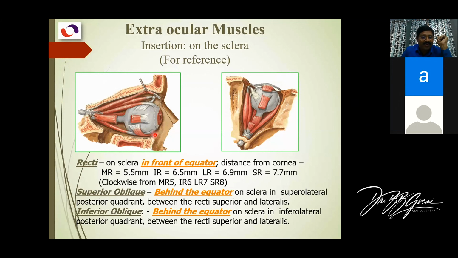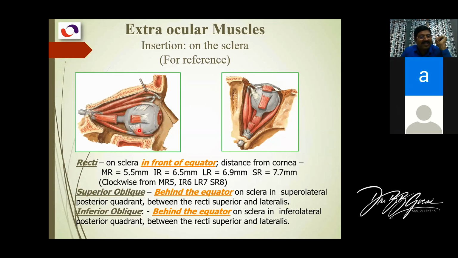This is the inferior oblique. It comes from the floor of the orbit and goes like this. And this one is the superior oblique. It is here, and then goes backwards. This is the levator palpebrae superioris. This is the superior rectus. This is the inferior rectus. This is the lateral rectus, and that one is the medial rectus. So this is the origin here.